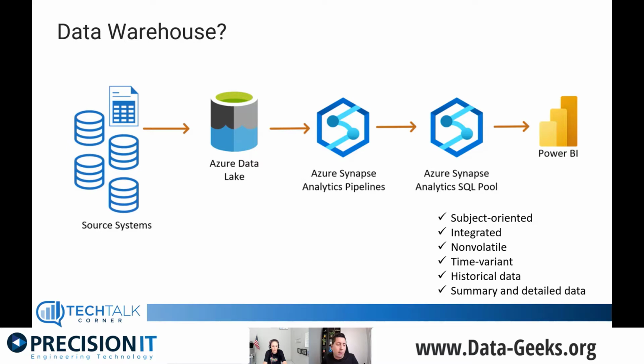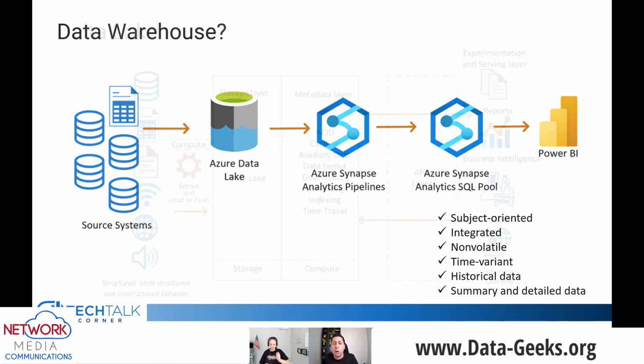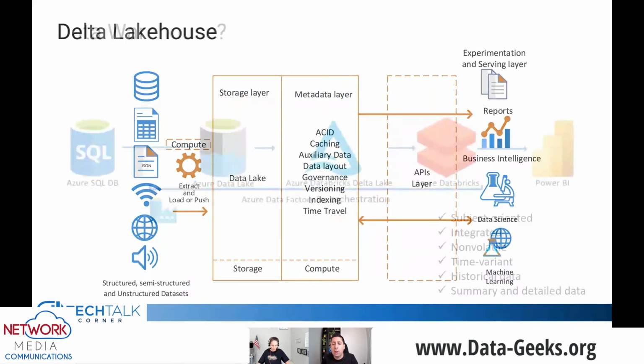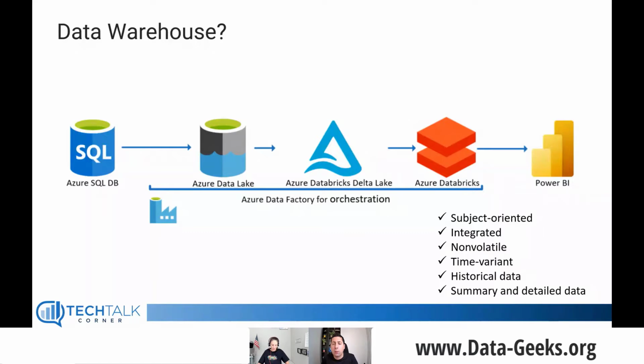That's why I said at the beginning of the session that technology is going to change, right? We have new technologies, and there are many technologies that you can use to build a data warehouse. But the concept of the data warehouse, the characteristics of a data warehouse, are going to stay the same. Can you add more characteristics? Yes, potentially you can. But the definition of data warehouse that was made 30 or 40 years ago is still valid.